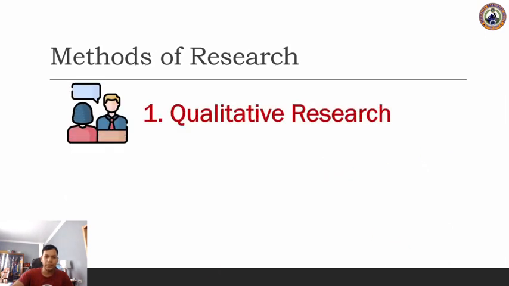So we will dig more into qualitative research as we discussed in the previous slide. Qualitative research is a method that enables non-numerical data collection through open-ended methods such as interviews, case studies, and focus groups. Okay, this is non-numerical. It is not applicable in your part, but we will just also discuss this one.